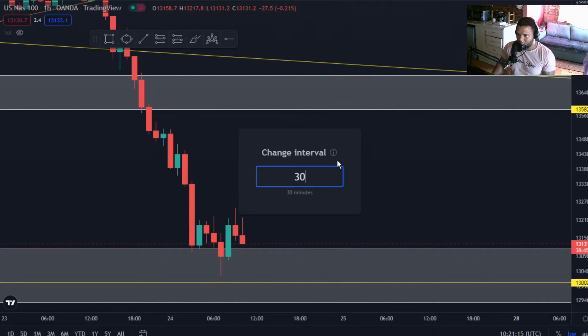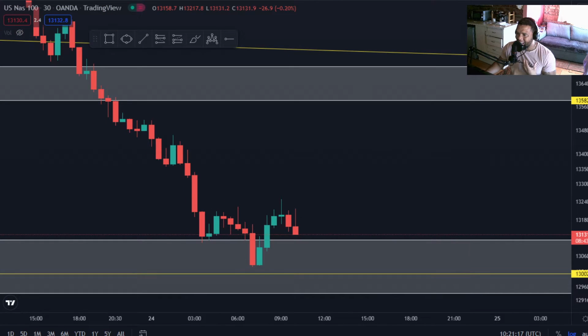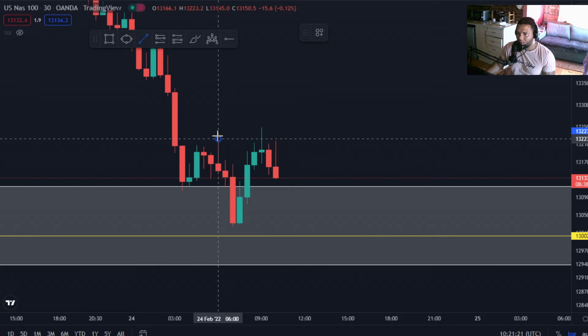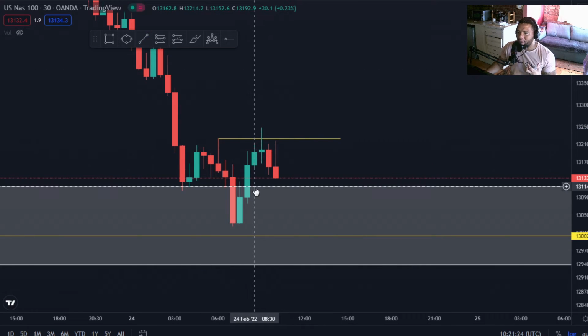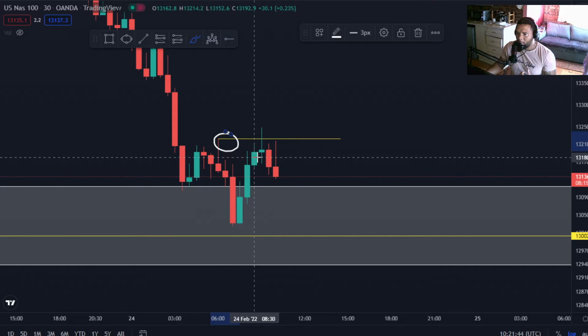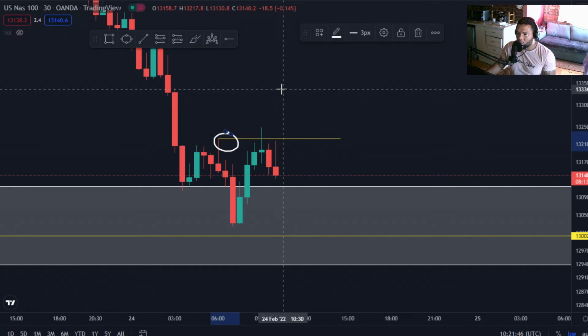So if we scale to 30 minutes time frame, as you guys can see, there's nothing in the market yet. We didn't even break our 30-minute lower high structure point right there. We didn't even break out of it, as you guys can see. I know a lot of you guys were buying into the market here this morning, but it's not the right opportunity to take counter trends yet. I know a lot of guys are stacking up, thinking, okay, the price did drop heavily, so now is the time to buy. No, it's not a time to buy yet, right? So what I will wait for is for price to break out of this lower high structure point first before I will take trades to the upside, guys.